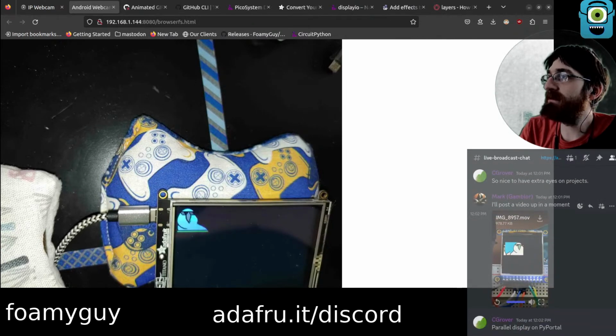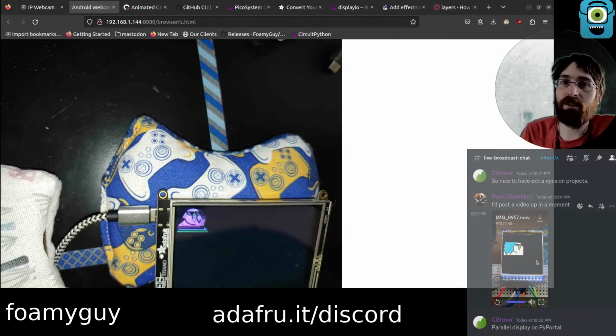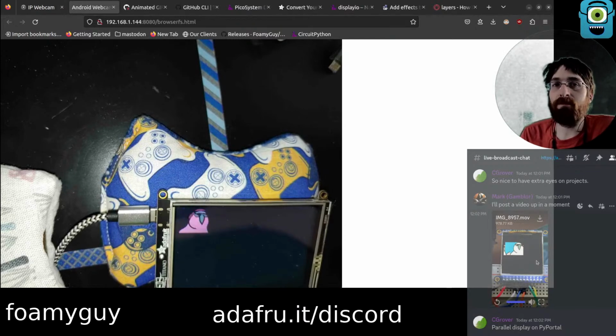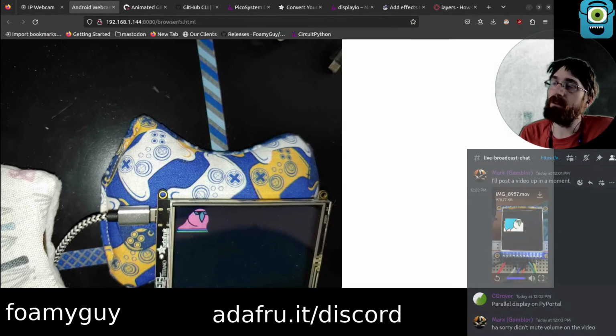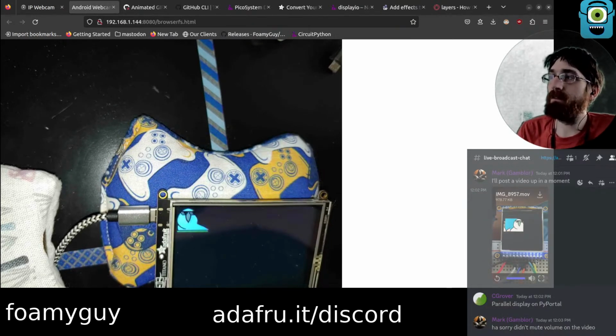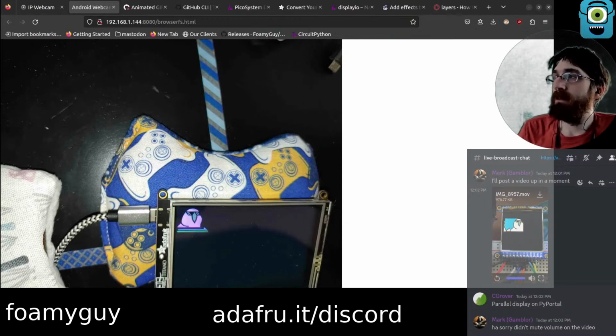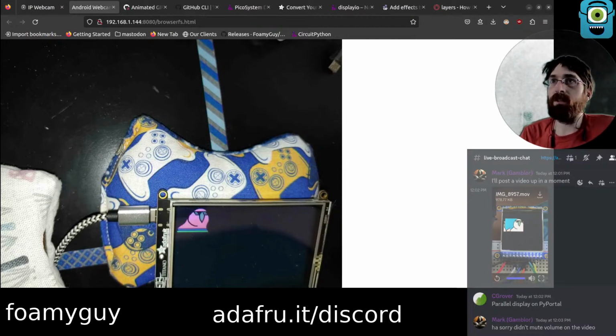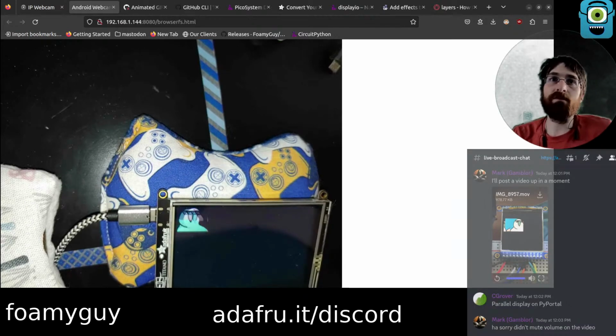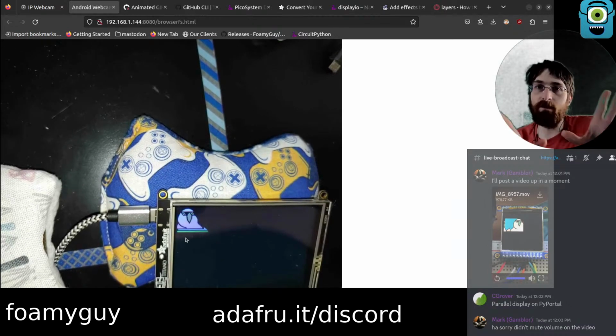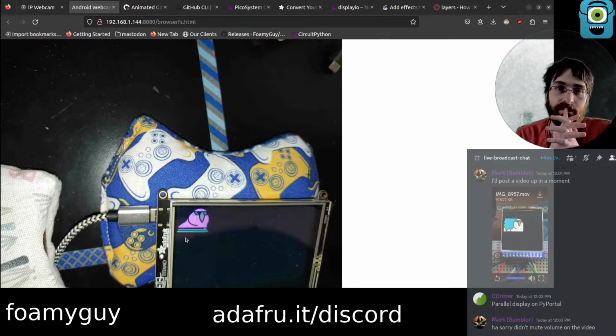Parallel display on this one. Okay, so then what we lack in CPU speed, we gain a little bit back from, that's a good point. Yeah, I didn't think about that. We can transfer data to the screen faster. So while the computer can't process the frames as fast, we can transmit them to the display faster.